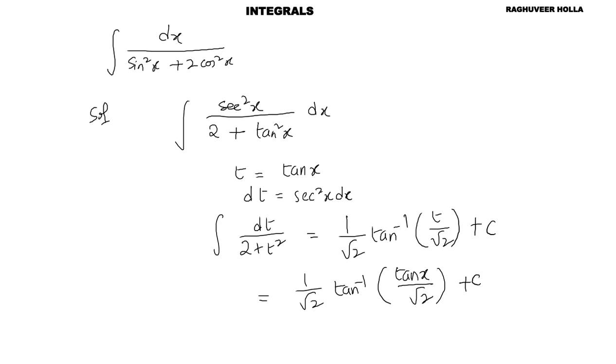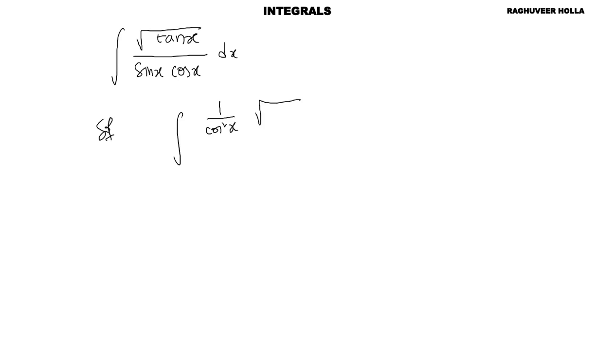Okay, so we'll see one more problem. Integral square root tan x by sine x cos x dx. Now let us again divide numerator and denominator by cos square x. So 1 by cos square x root tan x divided by tan x. So we get that as